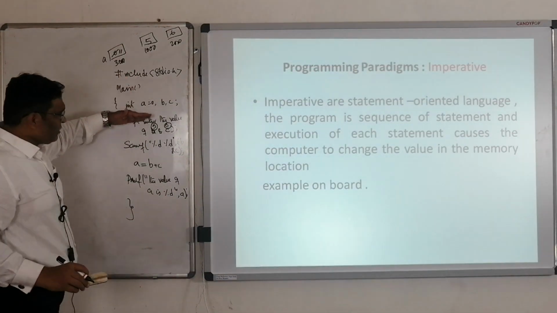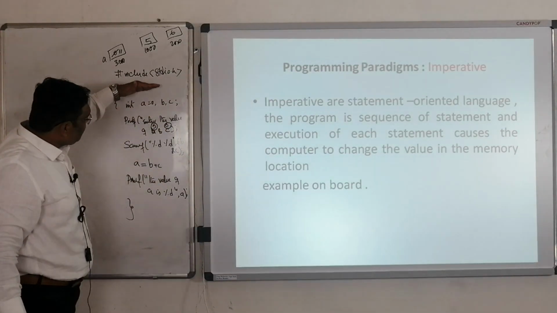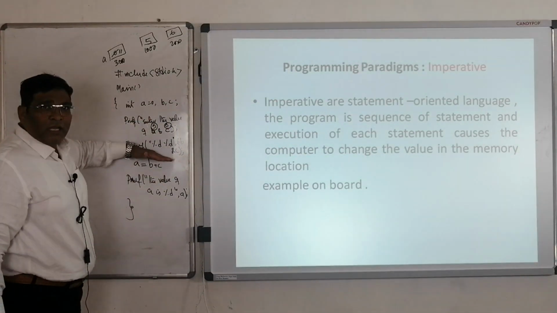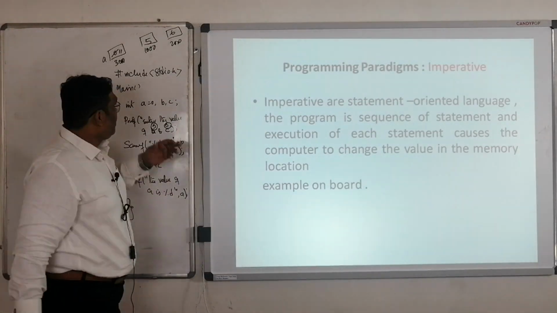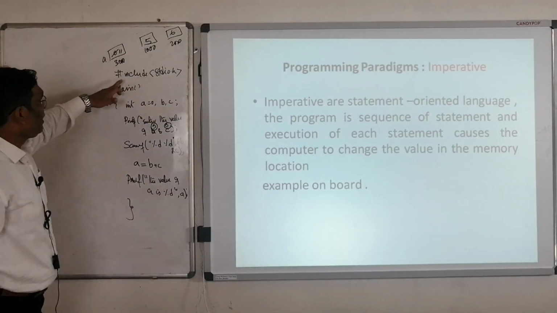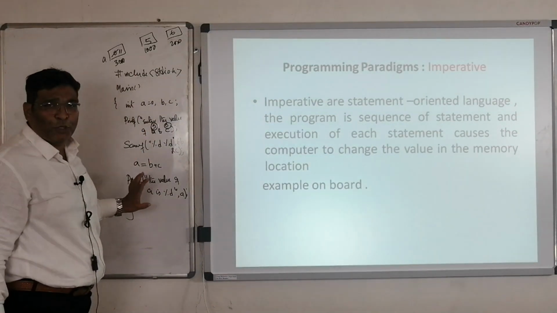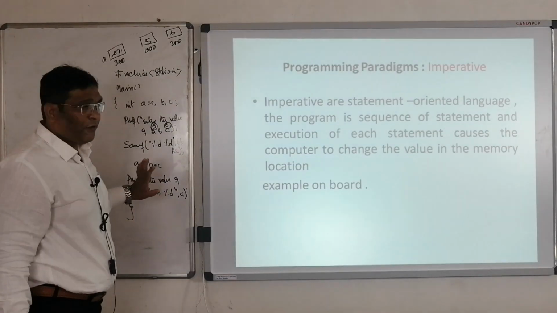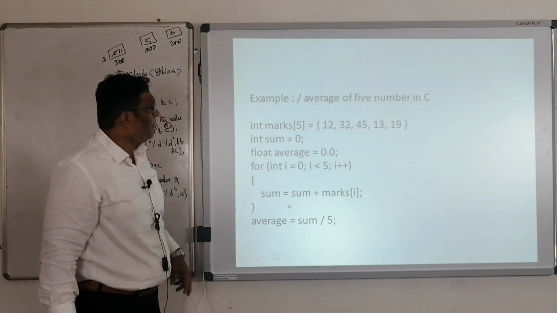So it's part of an execution process which is executed line by line. And what happened? Once it is executed line by line, the content of the memory locations is changed. This is one example which we have given. Include stdio.h, a, b, a simple C language program which you know and which you have already gone through. And I've already explained one more program here.